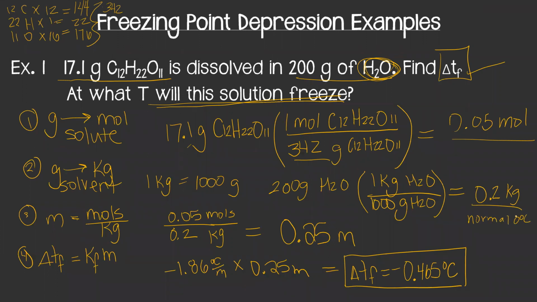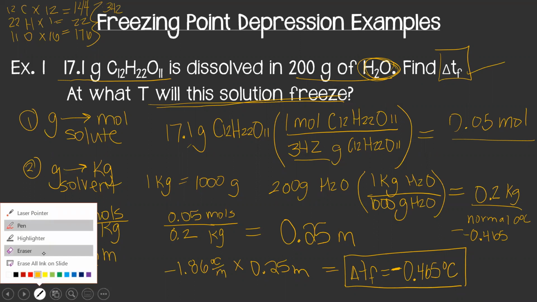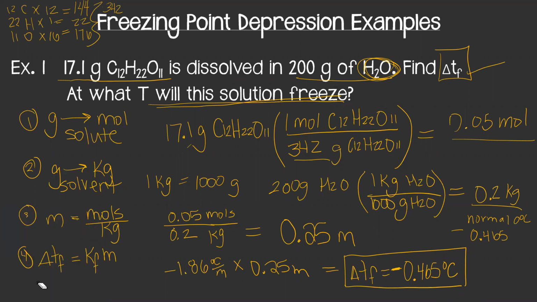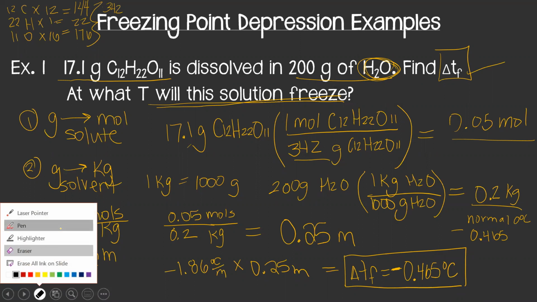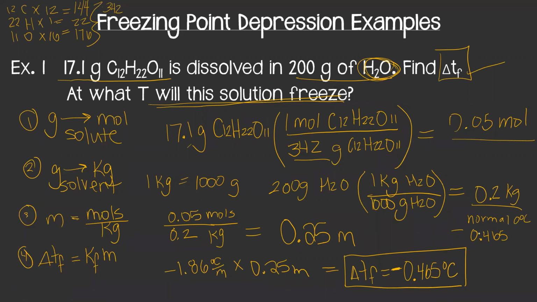I want to figure out how much this freezing point was depressed. So I have to subtract the depression, and I know it's a negative, but I'm not going to subtract a negative because then it'll give a positive. So your number should always go down. This is right to say this is negative, but you don't want to do minus a negative because that makes it a positive. I know mathematically that's confusing because the negative is there, but you're just subtracting. So the normal freezing point of 0 minus the depression gives me that my new freezing point of this solution of sugar water is negative